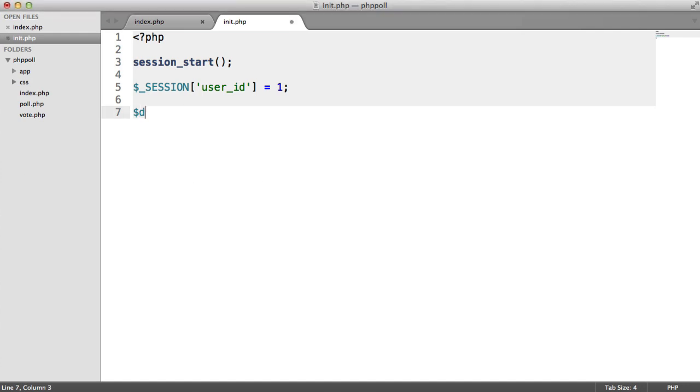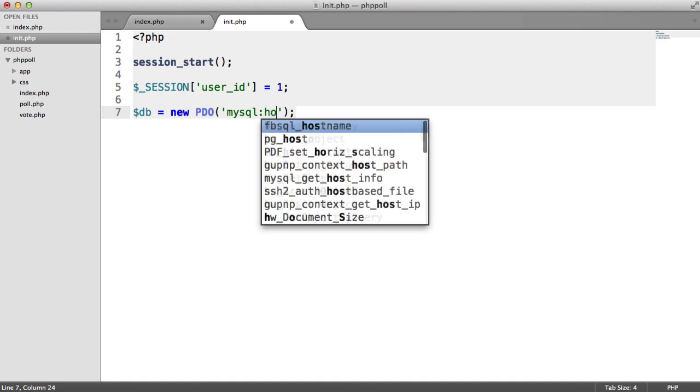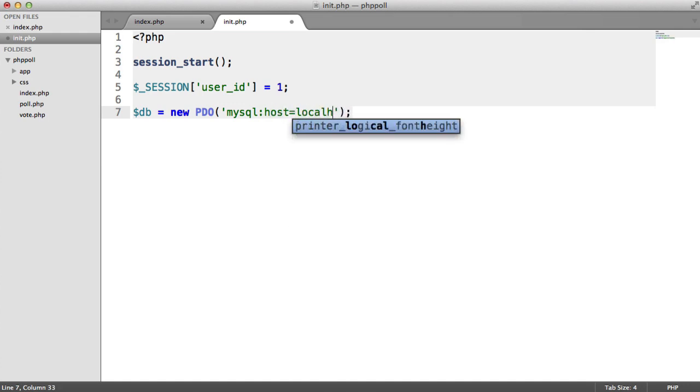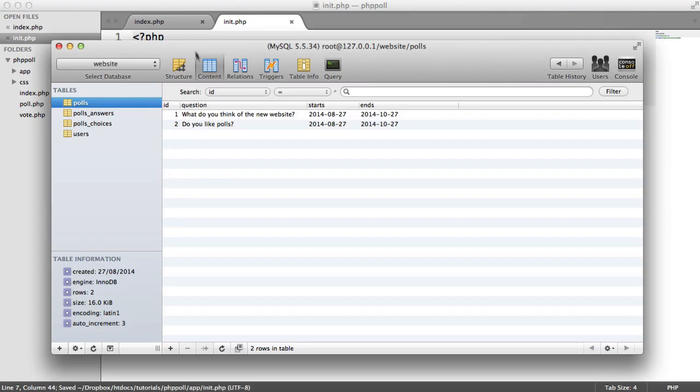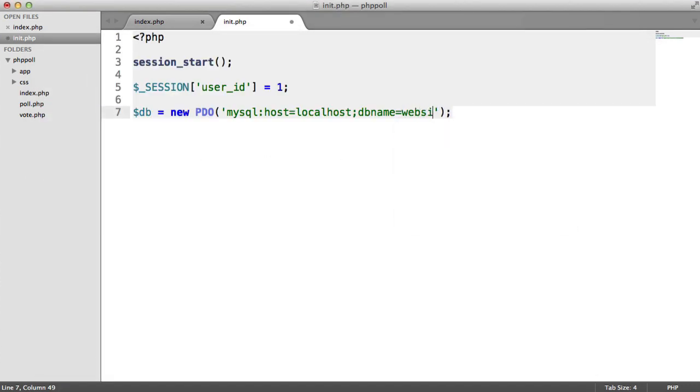So we're going to be using PDO. So we're going to create a new PDO instance here, and we're going to be using the MySQL driver. And we need to define the host, which is going to be localhost or 127.0.0.1. We also need to define the DB name, and if we check out SQL Pro, you can see that this is just website. So in here, we'll just say website. Now we need to provide our login credentials. In this case, mine's just root and root, and that's it. We're done. We now have a connection to our database, and we can use this DB variable in any page